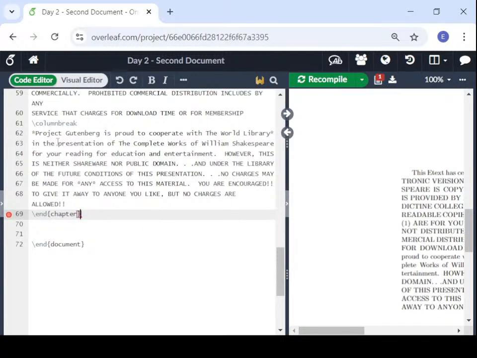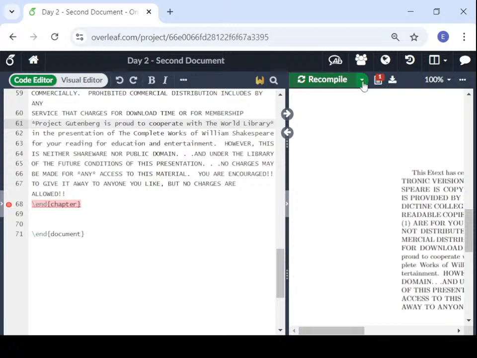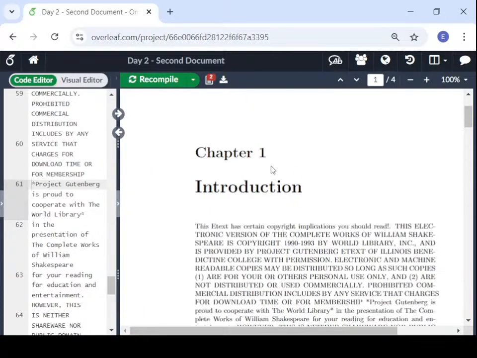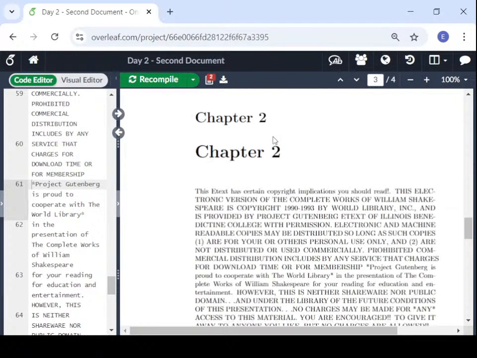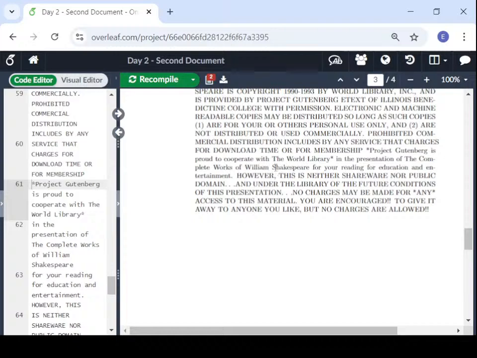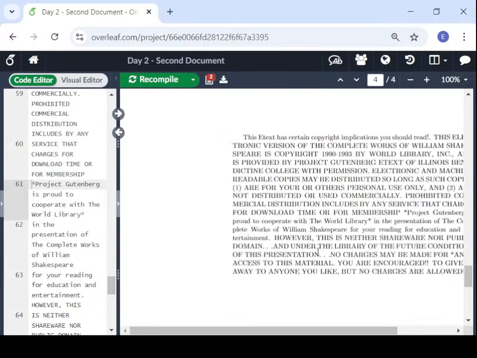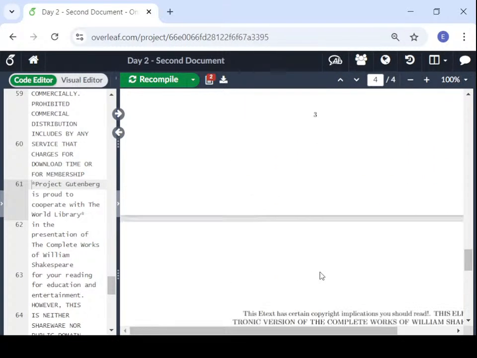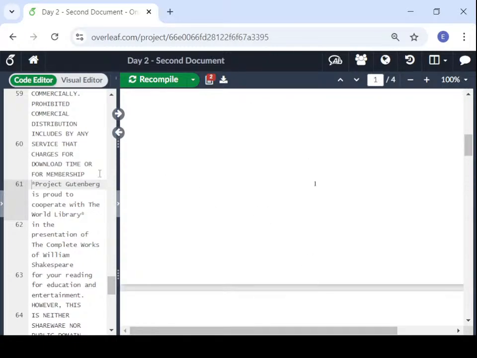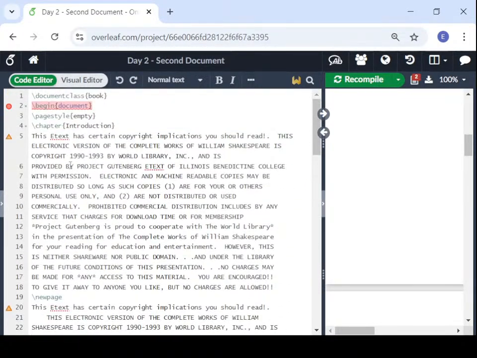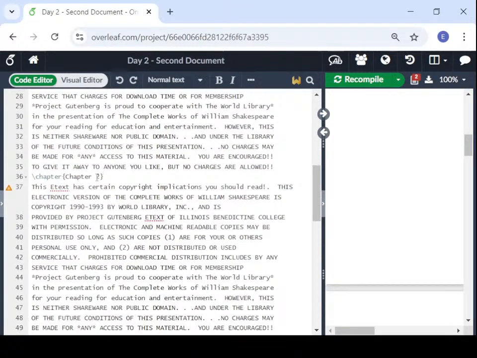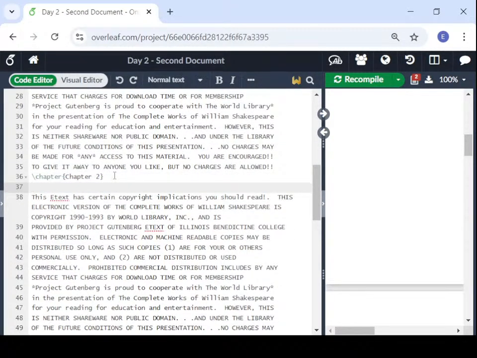Okay, now I am going to run the program. I have created 2 chapters. Chapter 1 is introduction, I have given the name as introduction. For chapter 2, I have given the name as chapter 2 itself. So now they have continuous numbers 2, 3, 4 and so on. I want to remove these numbers, or for the second chapter I have to give the number starting from 1 again. So where your second chapter starts, there you can give \setcounter